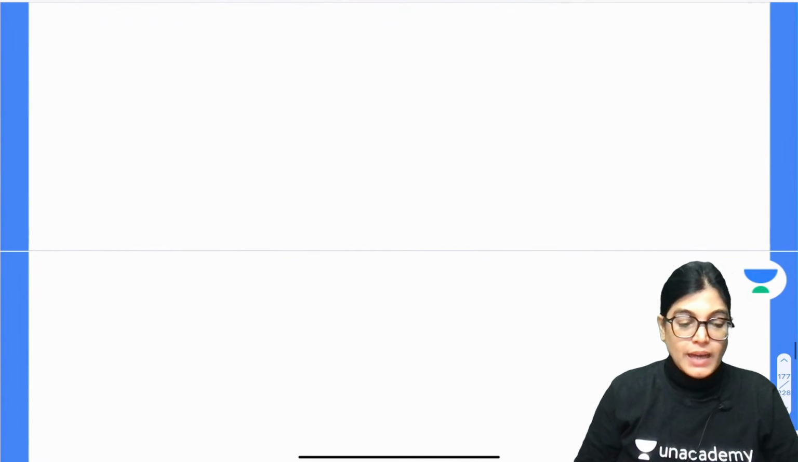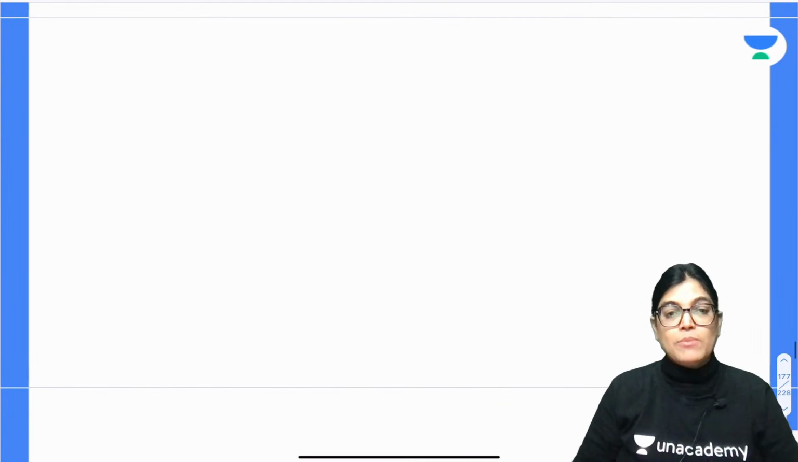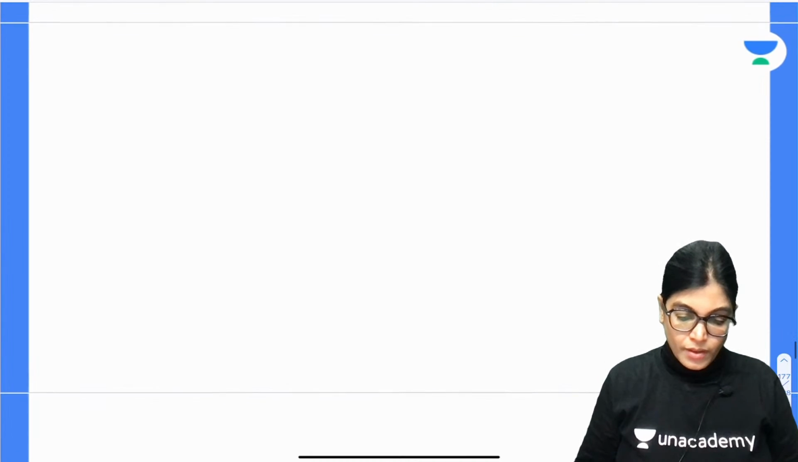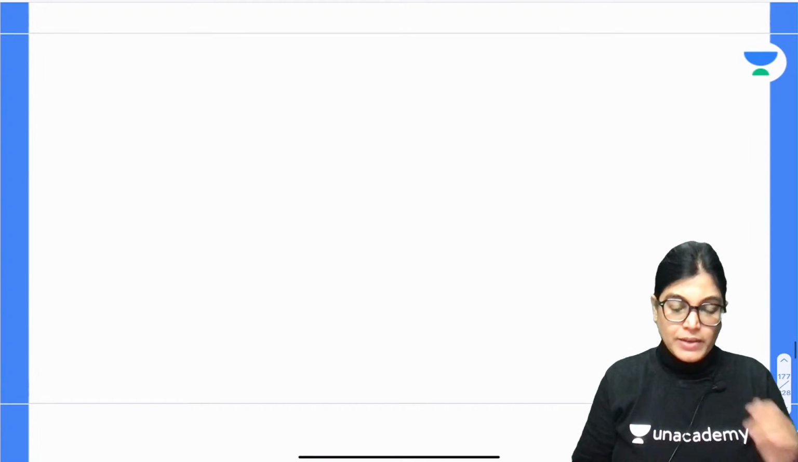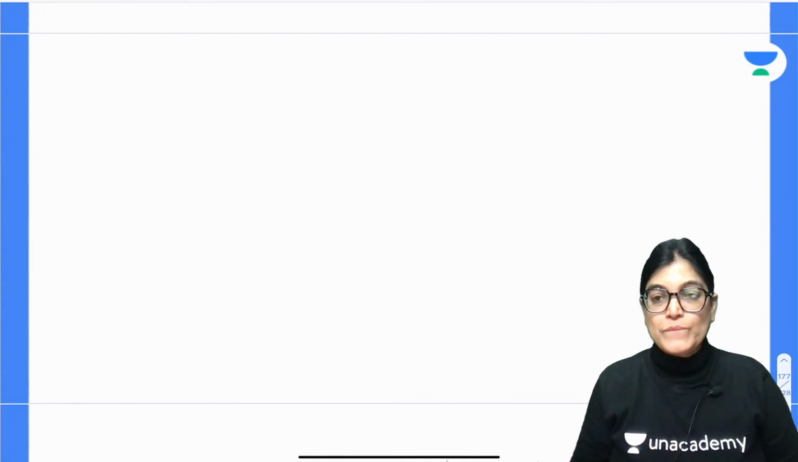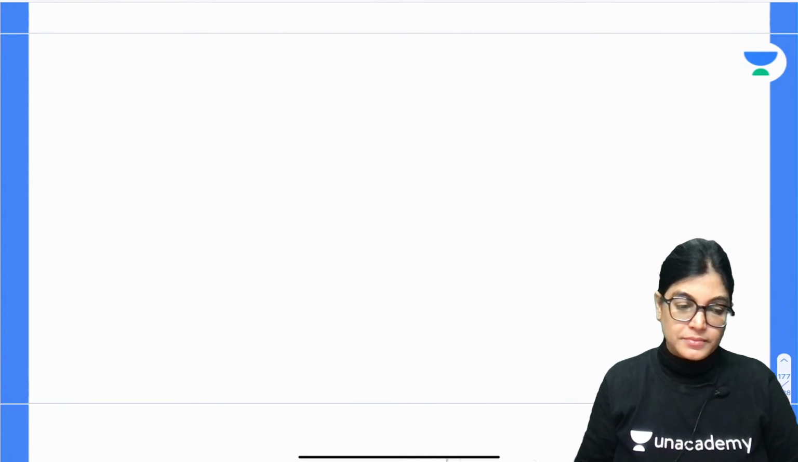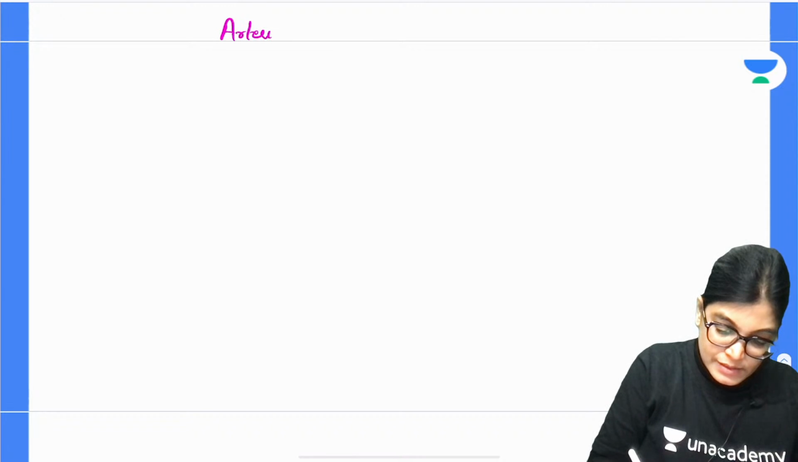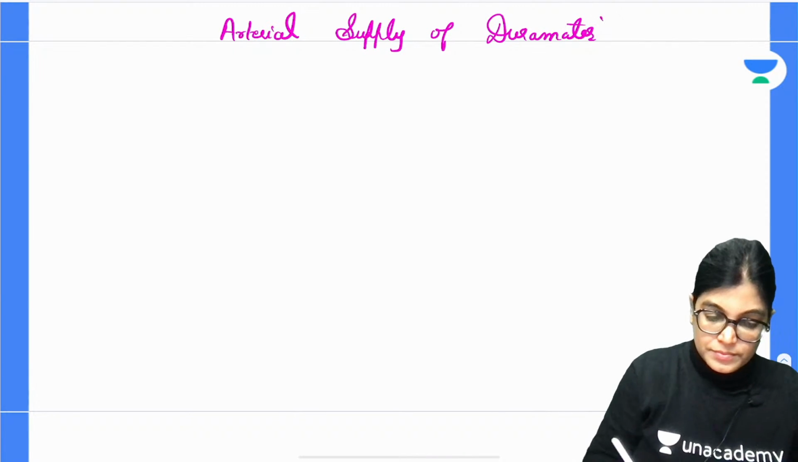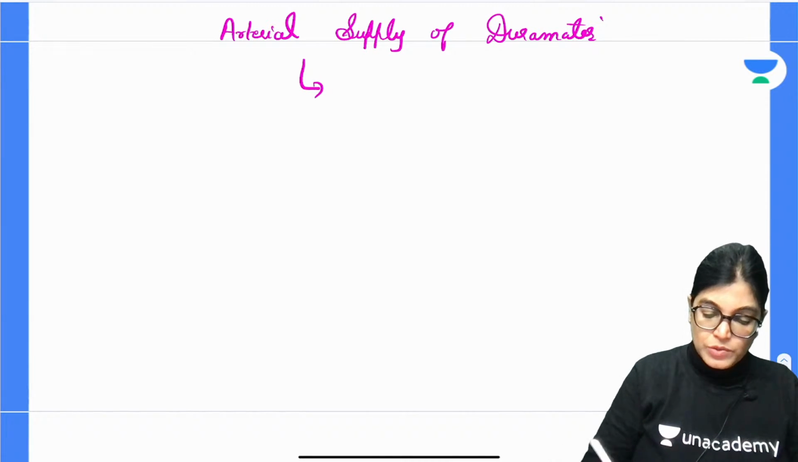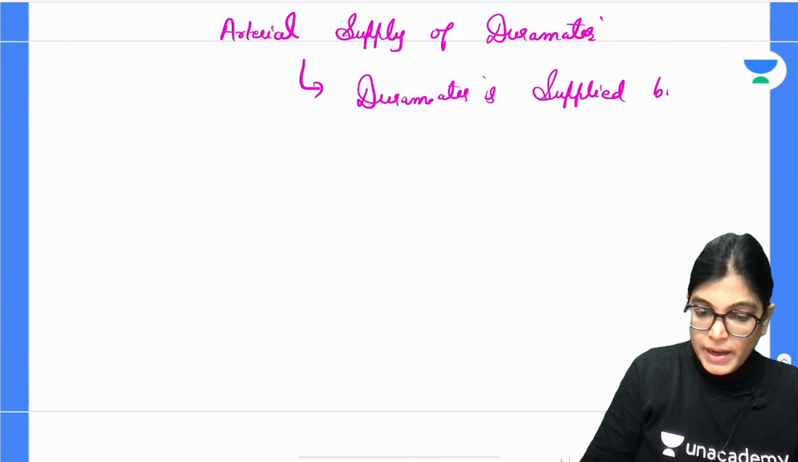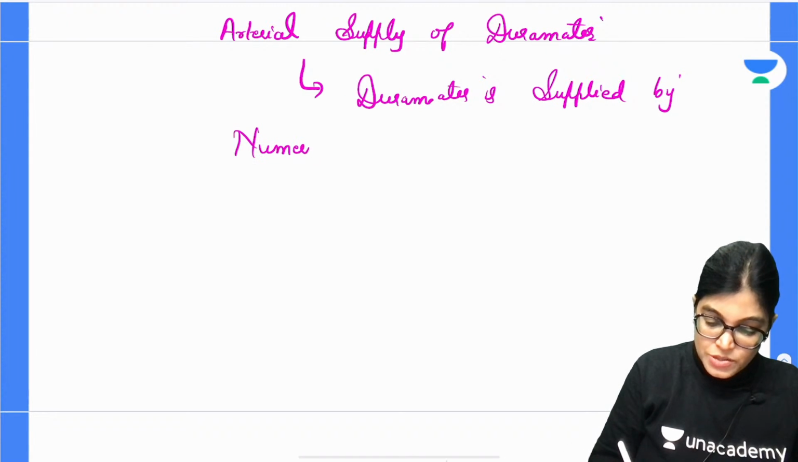Now let me give you the details about the nerve supply and arterial supply of the dura mater. First, the arterial supply. You can write: dura mater is supplied by numerous branches